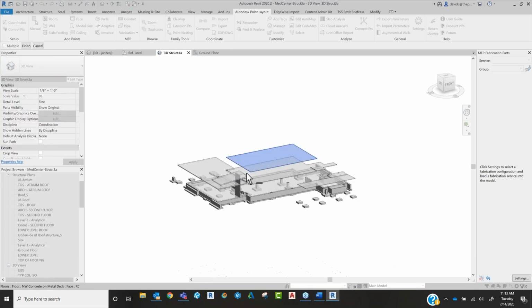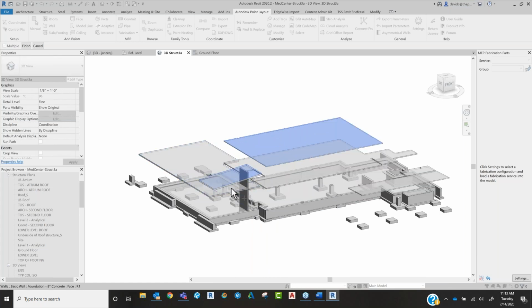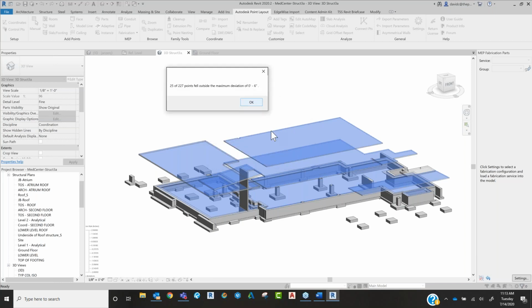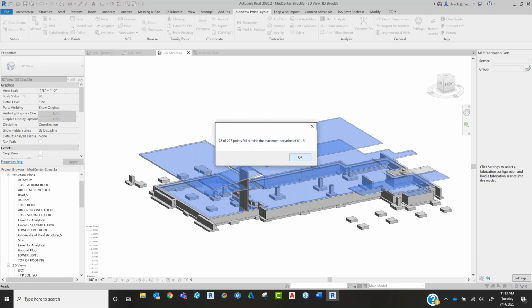And then I'm going to choose the floors or the slabs in this instance that I want to go ahead and run the analysis on. Got that one on the bottom. Okay, I got all my slabs. I say okay. It's going to tell me that 25 out of 227 points have fallen outside of the maximum deviation, but it's going to give this to me a few times because it's going to run this on every slab. So I say okay, okay, okay,